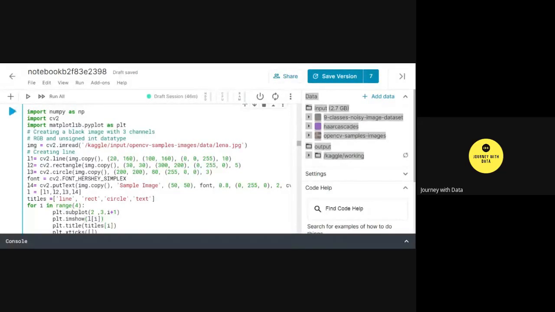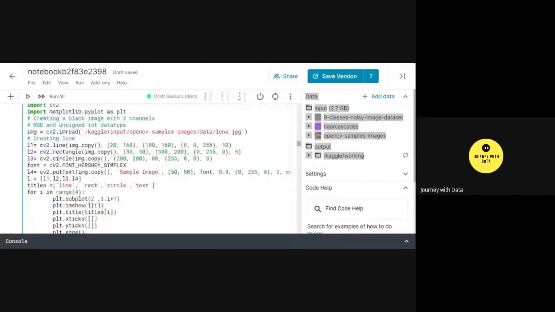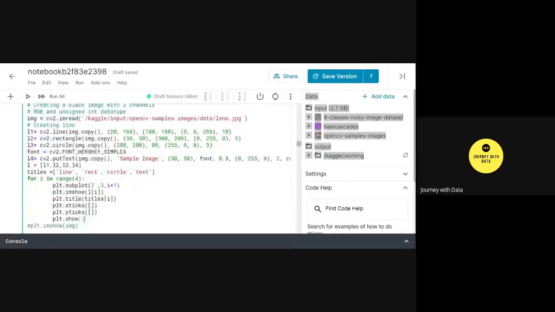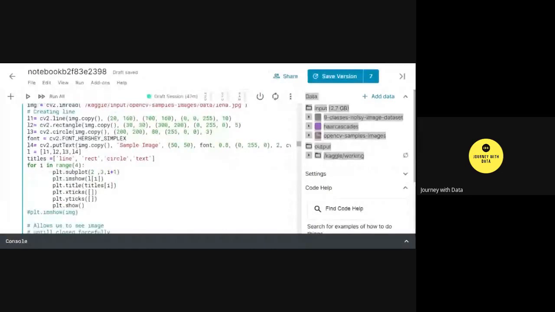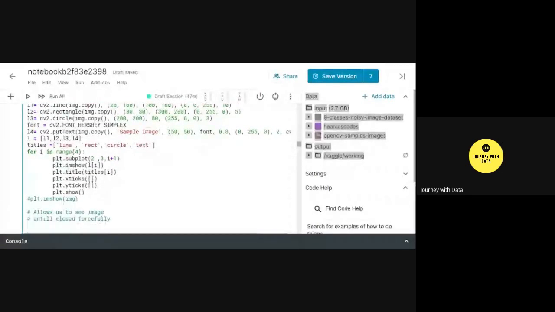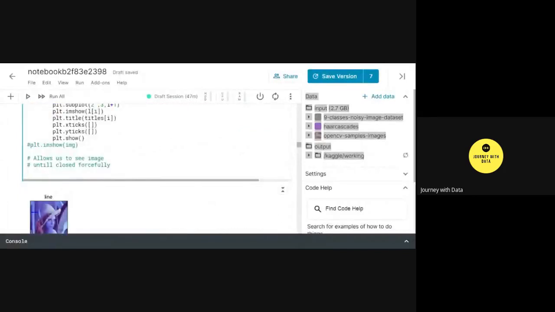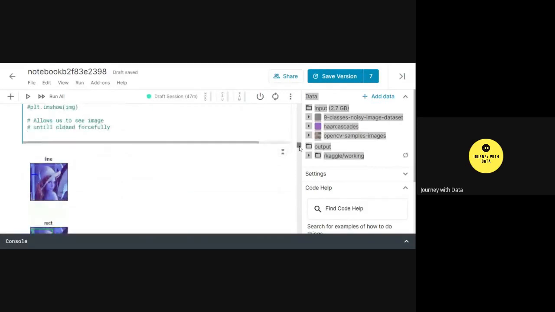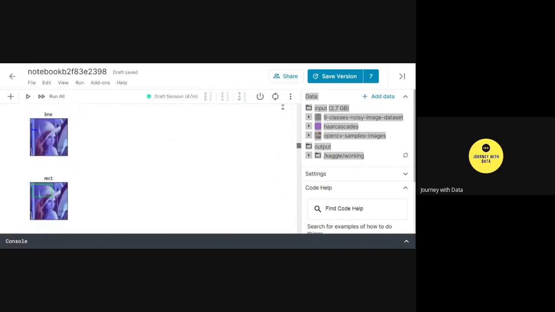And then similarly displaying the titles, and then some other fancy methods to beautify the image. Now if you see here, a line has been drawn, this line.